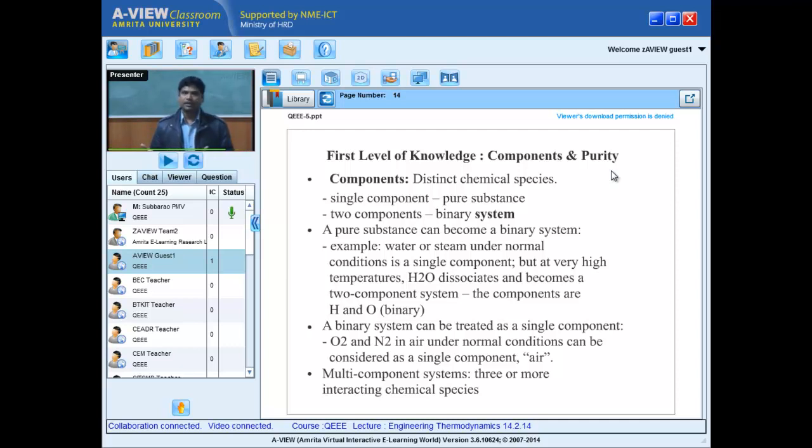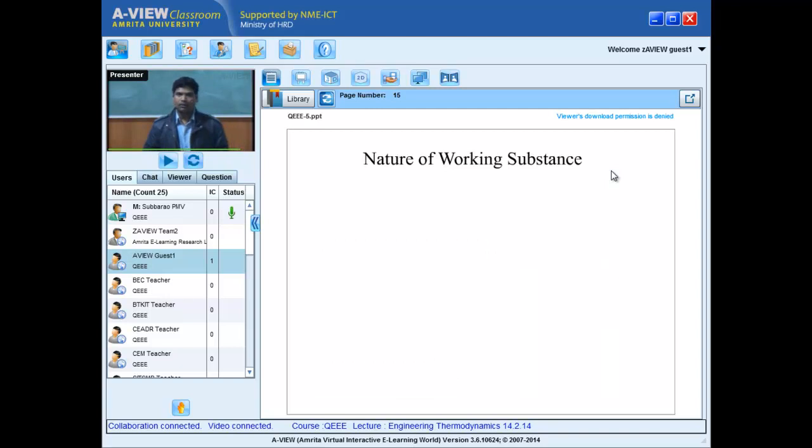With time, something may change. From inlet to exit, something may change. So that's how the variations could be spatial. Variation could also be with time. At time t equal to 0, the entire system has one kind of component. After some time, a second component comes out because of some reaction. And after some time, there may be a third, a fourth, or all new components may occur. That is with time. Sometimes from inlet to exit there could be a change. So we need to know the nature of the substance within the system, how it may change with time or with space.